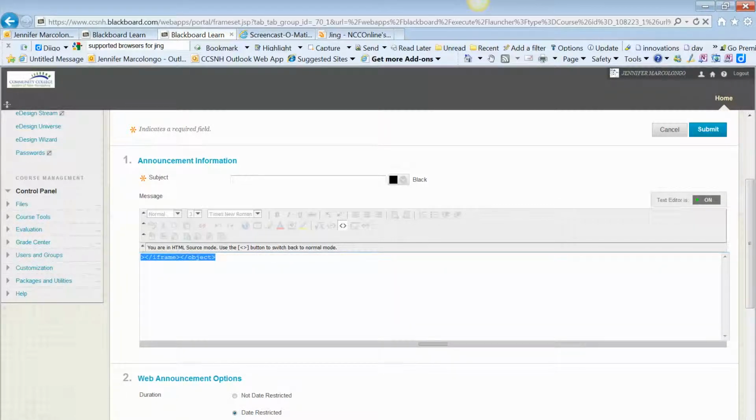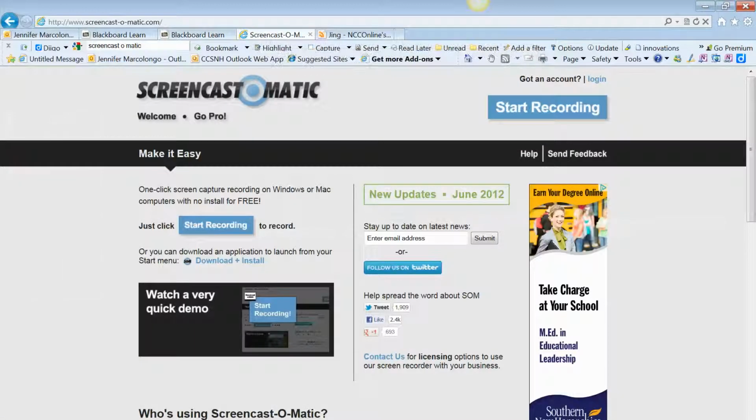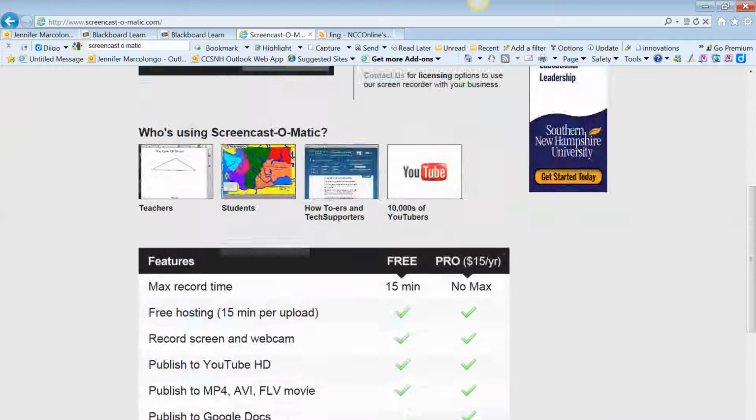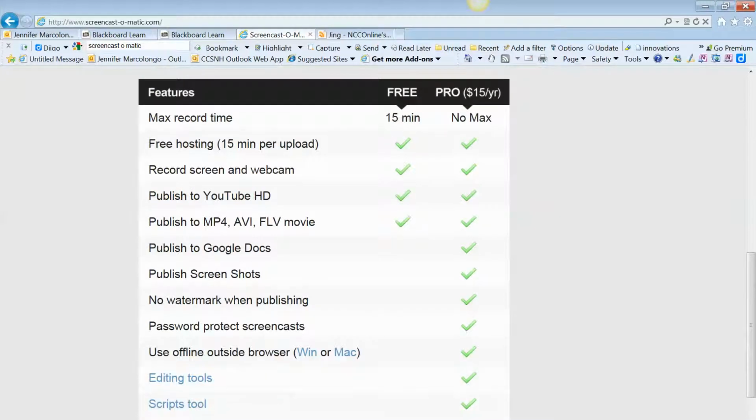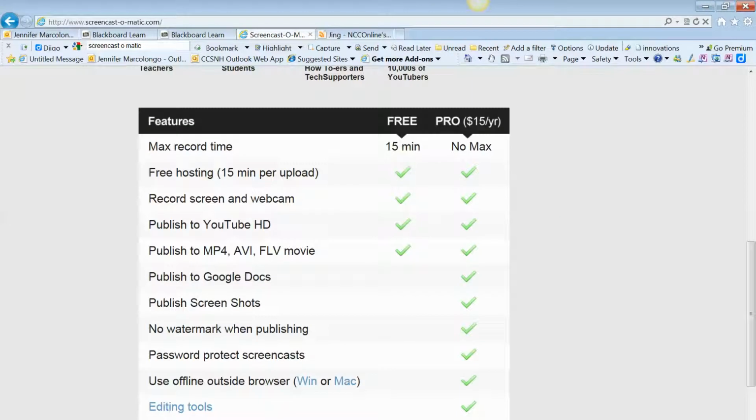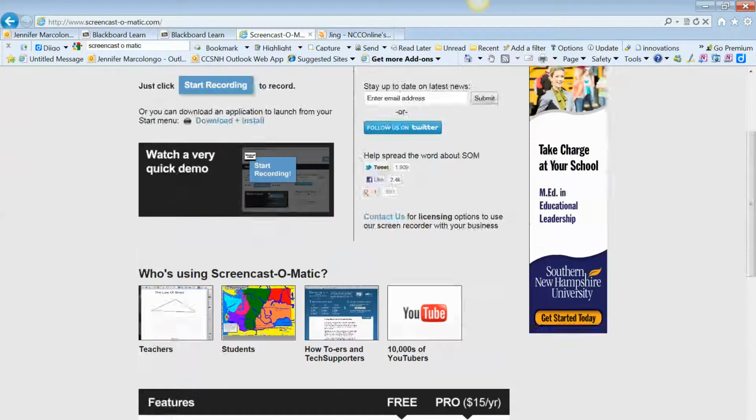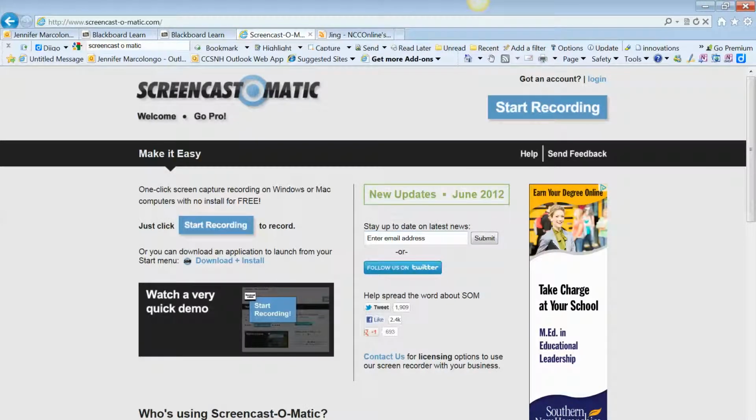I suggest if you're going to go with the free Jing account that you just paste the URL and let Screencast hold the video for you. You have another option, and it's Screencast-O-Matic. If you go to screencast-o-matic.com, you don't have to download anything onto your computer. You can just start recording, and with a free account, you can upload it to YouTube right here. The reason why I didn't suggest Screencast-O-Matic at the get-go, but I did include it in the supplementary materials for this unit, is because